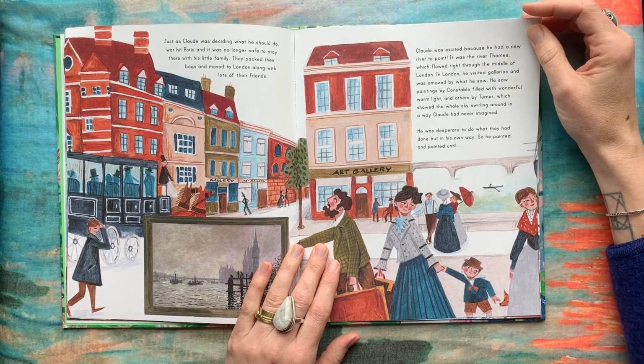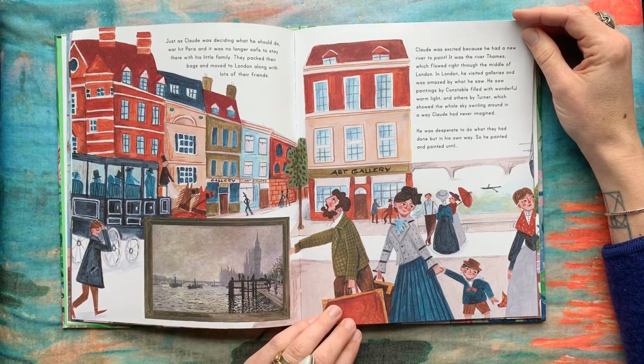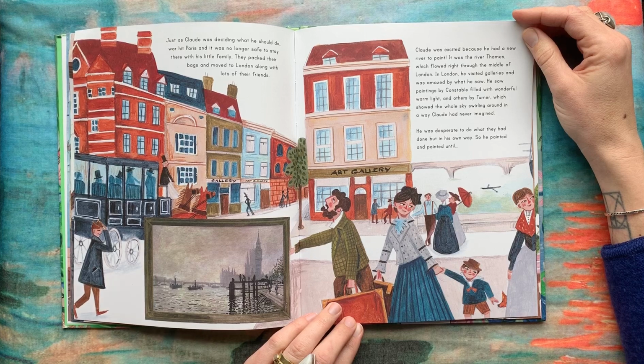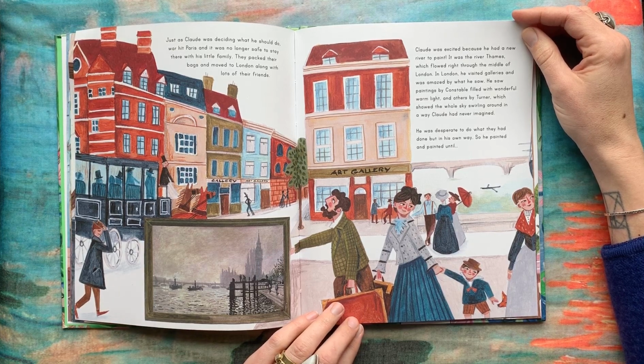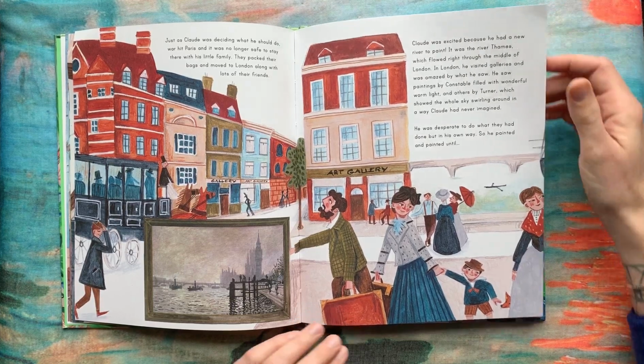In London, he visited galleries and was amazed by what he saw. He saw paintings by Constable filled with a wonderful warm light, and others by Turner, which showed the whole sky swirling around in a way Claude never had imagined. He was desperate to do what they had done, but in his own way. So he painted and painted until...